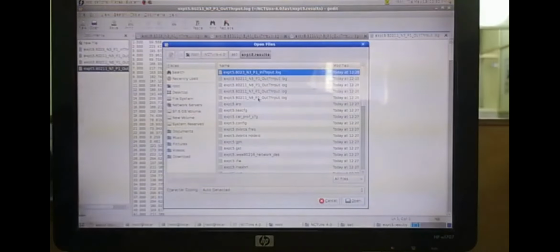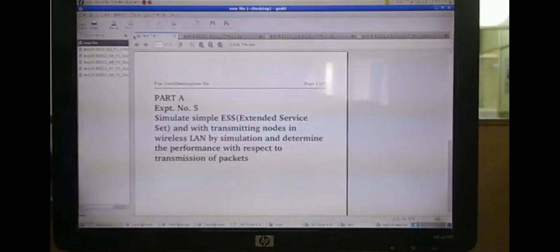The last one is N8, and these are the packets transmitted by the last mobile node. So N5, N6, N7, N8, all these mobile nodes transmitted packets, and those packets are collected by the N3 node here.